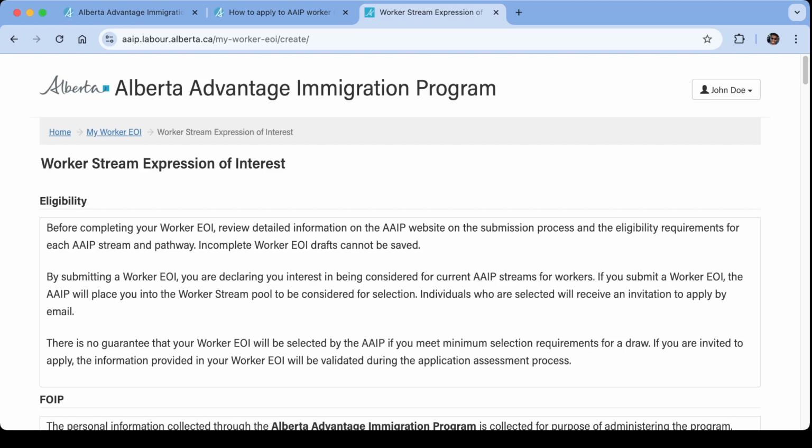There are some caveats, some nuances which are declared in the form, like for example that there is no guarantee that your expression of interest will be selected. Or if you express your interest in one of the streams, it's possible that you could be invited for some other stream of Alberta, right? So you can be invited to a totally different stream apart from the one that